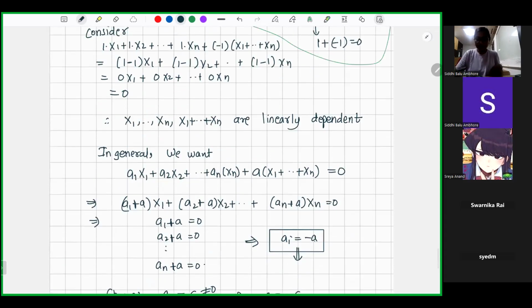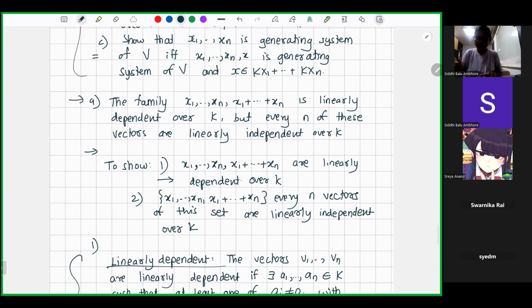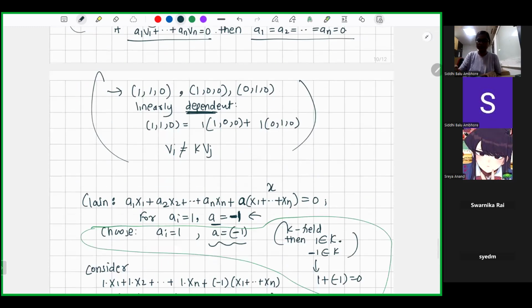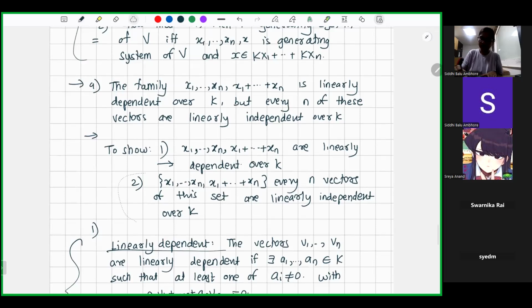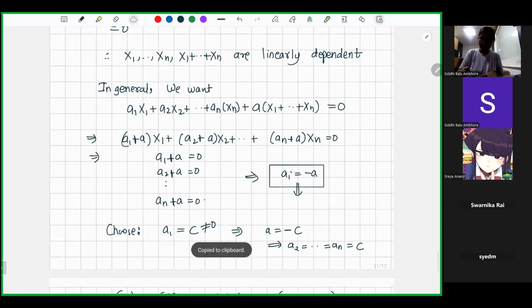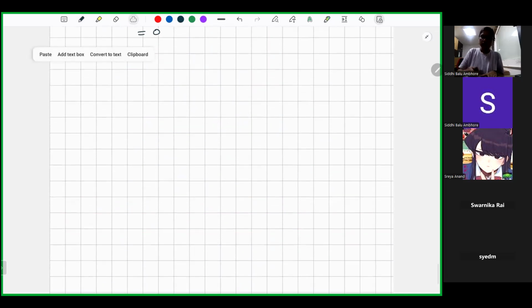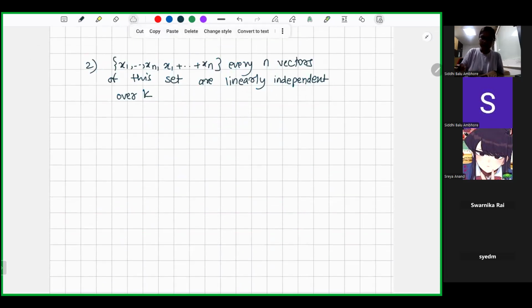Okay, and the next part of this statement is that if we choose any n of these vectors, then this becomes linearly independent. So let us check that. Let me just copy this second statement. We have to prove this, that if I choose any n of these,